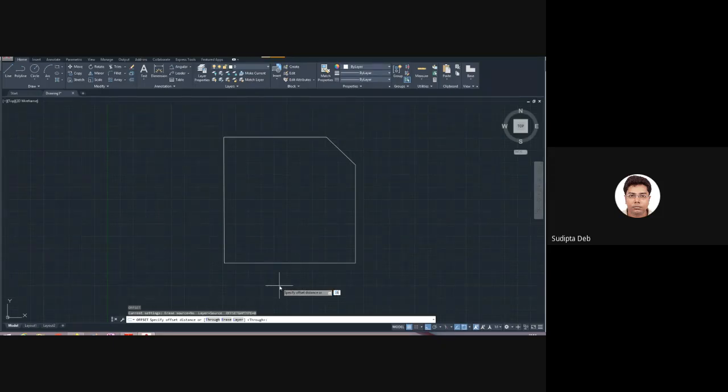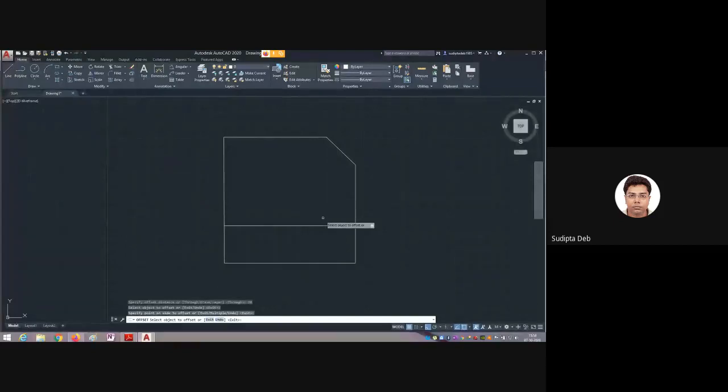Dimension is 38. Press a single enter. Now select the object to offset. This is my line. Select it. Now in which direction do you want to draw the parallel line? This direction. Click here. Okay.